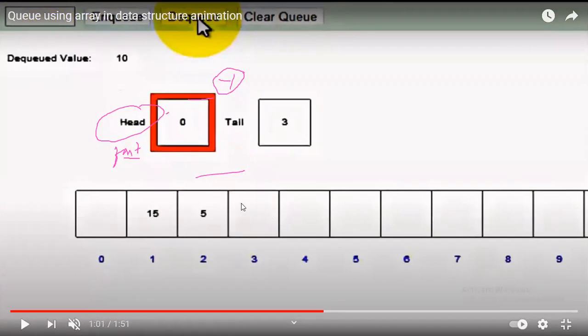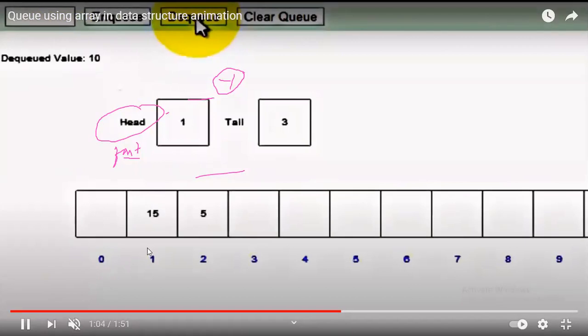So how do you perform the dequeue operation? When you call dequeue, without any value, it automatically deletes where the front is positioned. The front was positioned here, no? So that is deleted and the front will go on incrementing. See, front will increment. Front is now focusing on this pointer, 15.